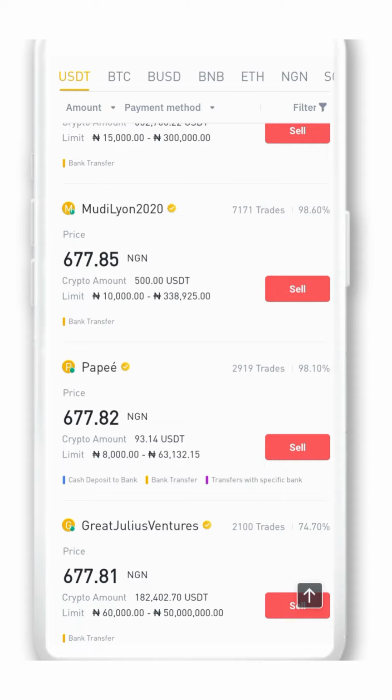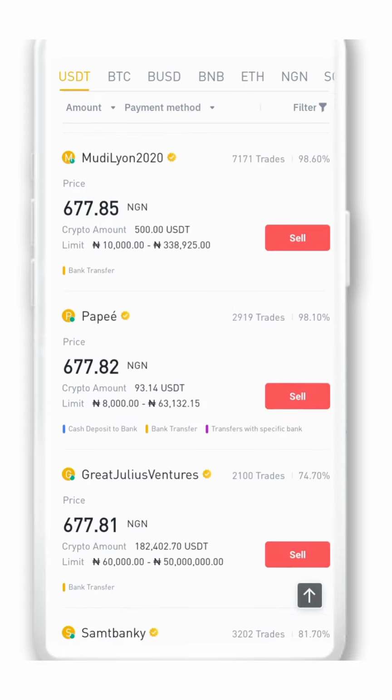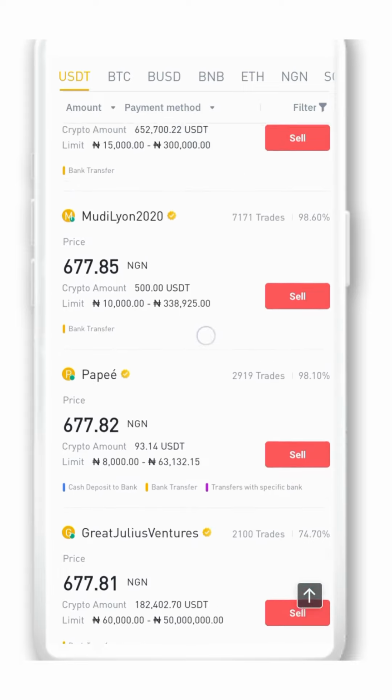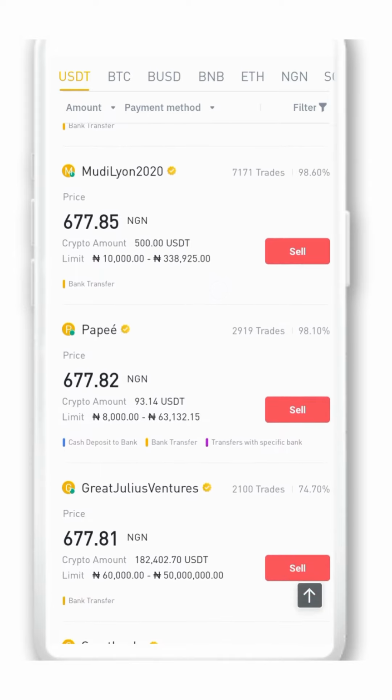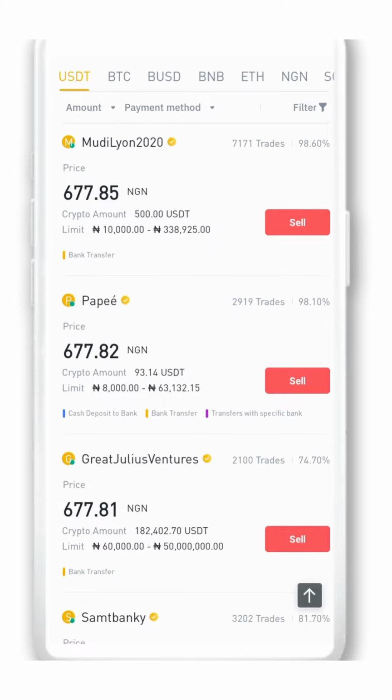You can see this person's trade is about 98% win rates, you understand, 98% success rate. So you have to check that also, put that in consideration also. So it's buying our cryptocurrency, our USDT at the rate of 677.85. So you click on it,